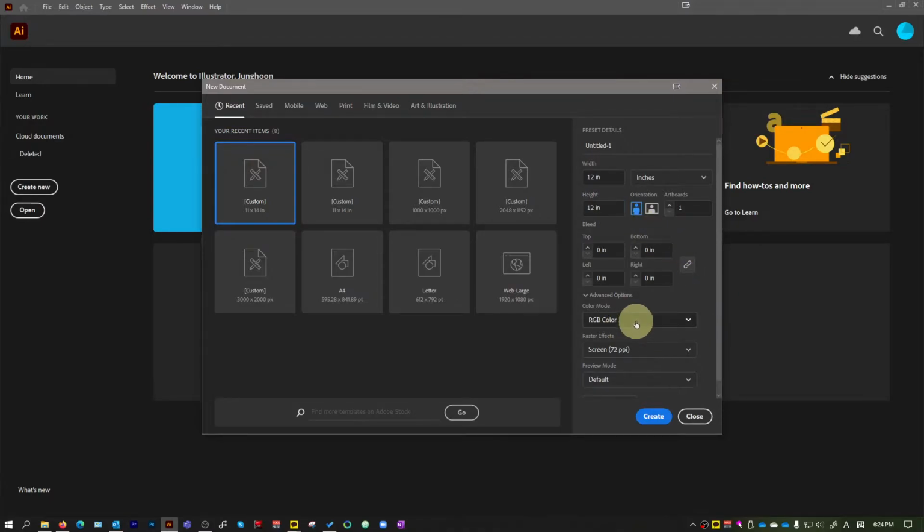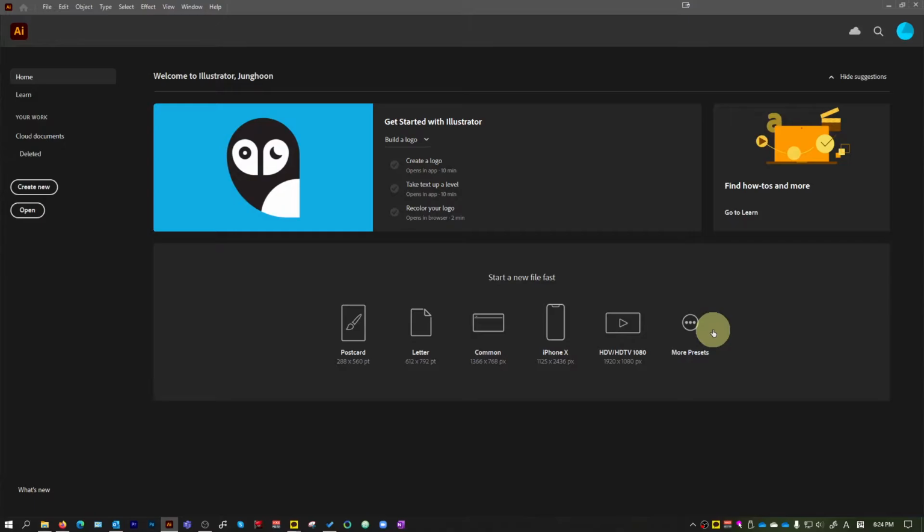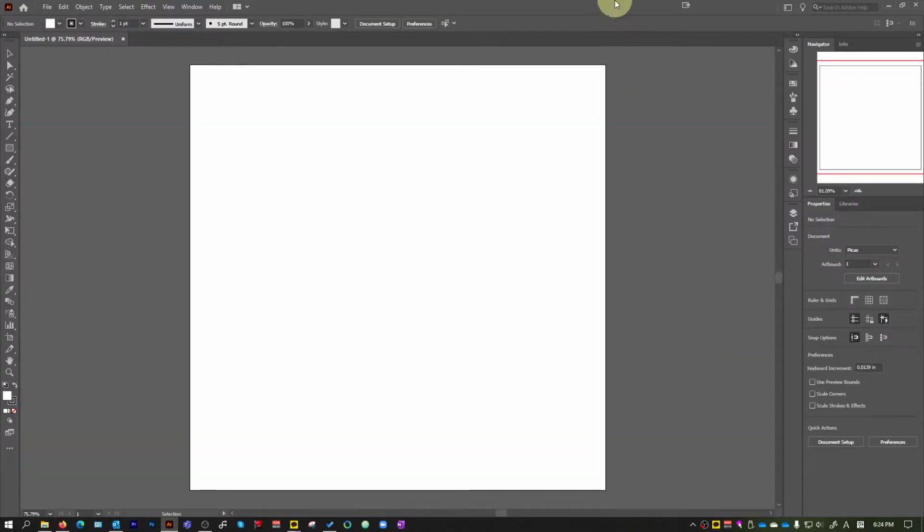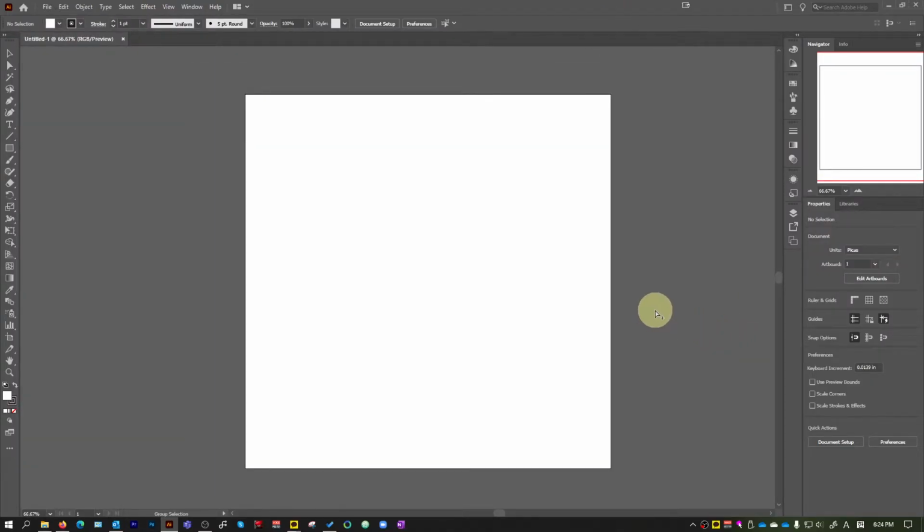RGB or CMYK does not matter, and screen size, like I said, does not matter. So just set it to 72 ppi. Well, actually, let's just set it to 300 ppi because this is required if you're thinking about etching as well. So let's just set it to 300 ppi, and then hit create. Alrighty, so first thing you're going to do is